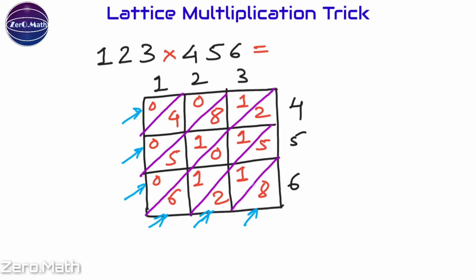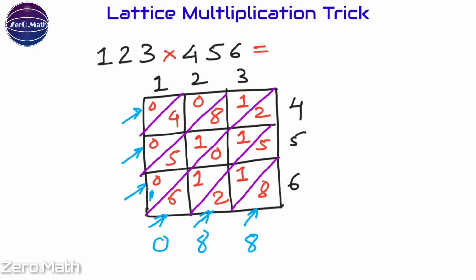In the first part we have only one digit, that is 8. So I'll write 8 over here. In the second part I have 5 plus 1, 6, and 6 plus 2, 8. So I will add all these numbers and write down the result over here. In the next part I have 6 plus 1, 7, 7 plus 1, 8, plus 2, 10. So I'll write 0 over here and 1 carry, which I'll write over here.